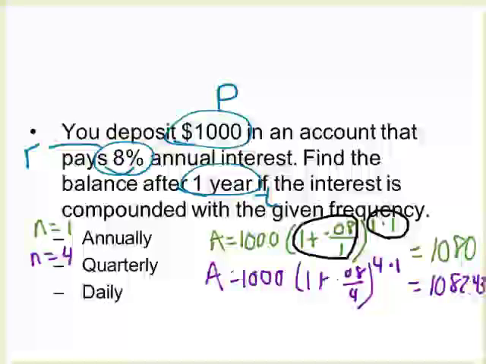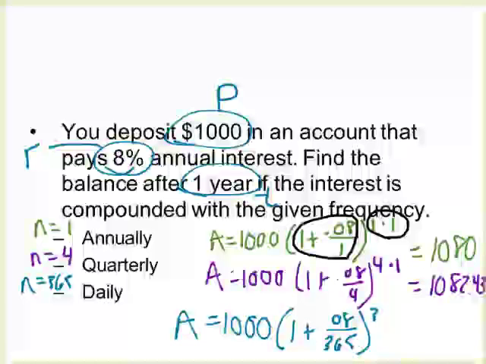And then for the last part, it's daily. We're going to use 365 for daily, even though it's like 365 and a quarter. We could consider leap years or whatever, but let's do 365. So 1,000 times (1 plus 0.08 over 365) to the 365 times 1. And this is where if we were talking about more than 1 year, I would definitely need to calculate that exponent as the first thing I would do. And this gives us